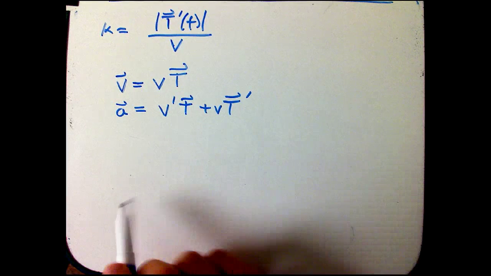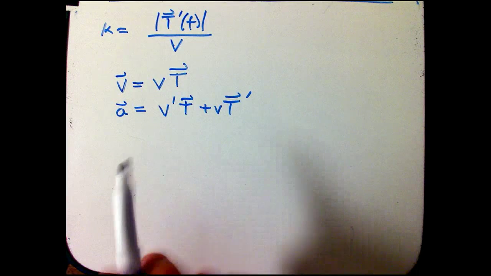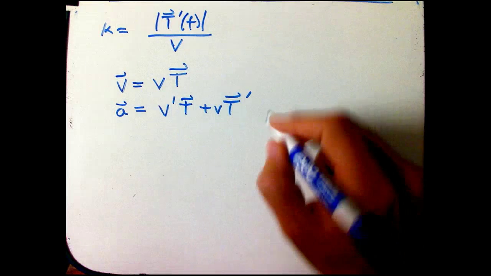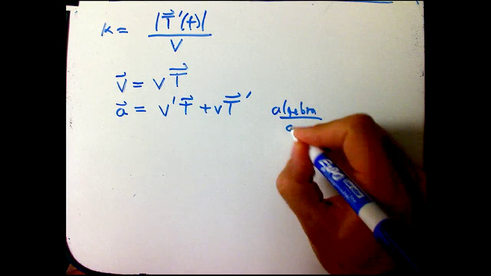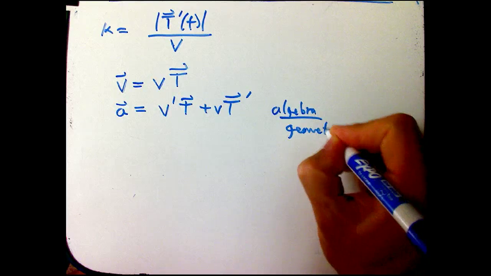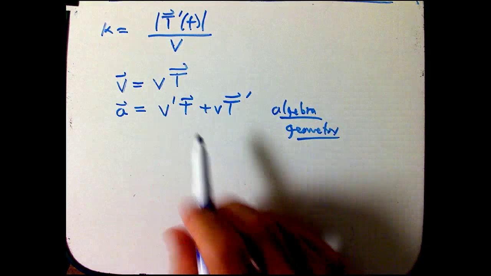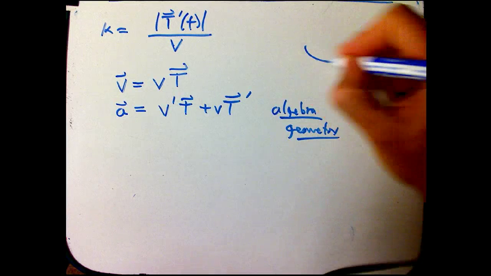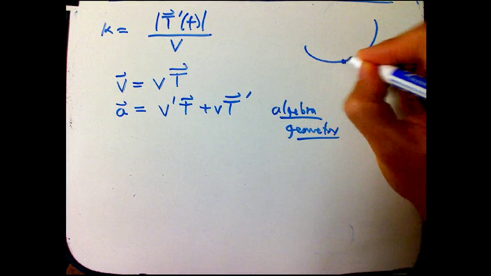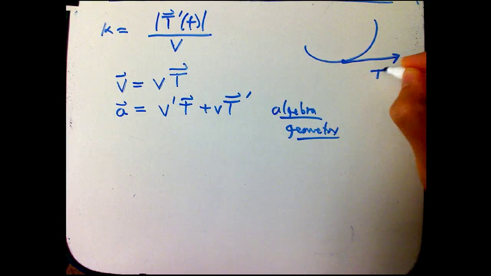What we're doing here is really very similar to that. But the really nice thing is that this is algebra, but it's also secretly really nice geometry, because T had a nice geometrical property that it was a unit vector. So let's draw up the curve again here. So here we've got T,